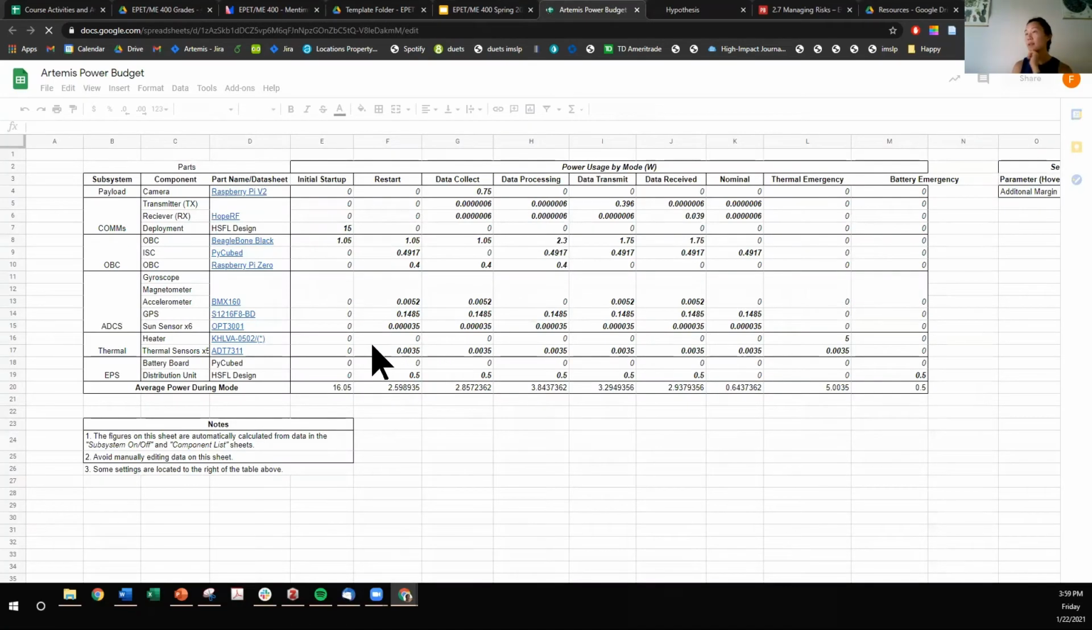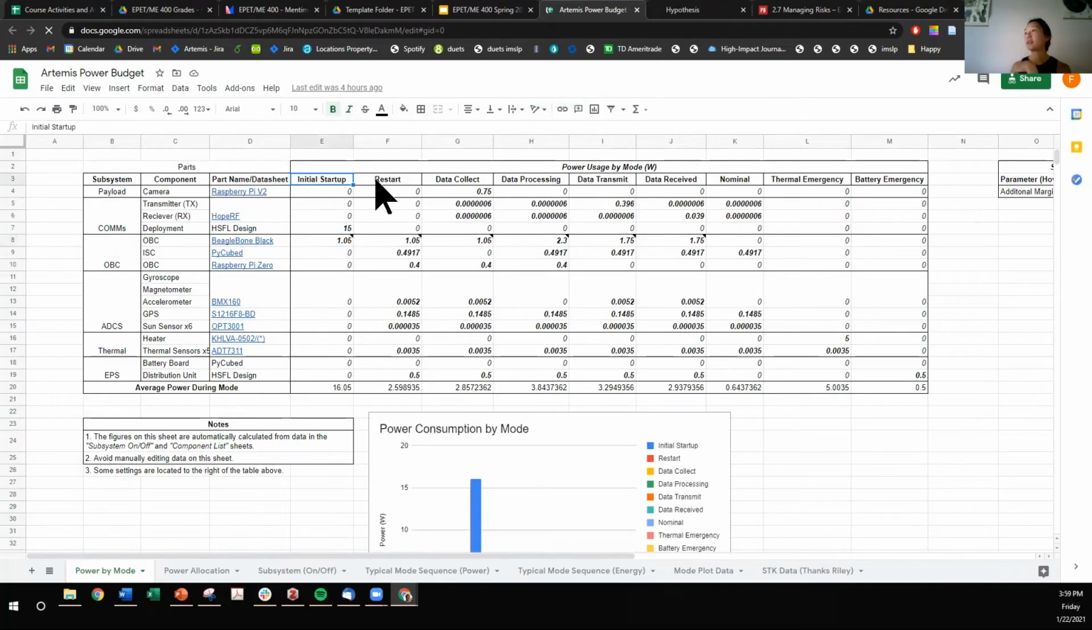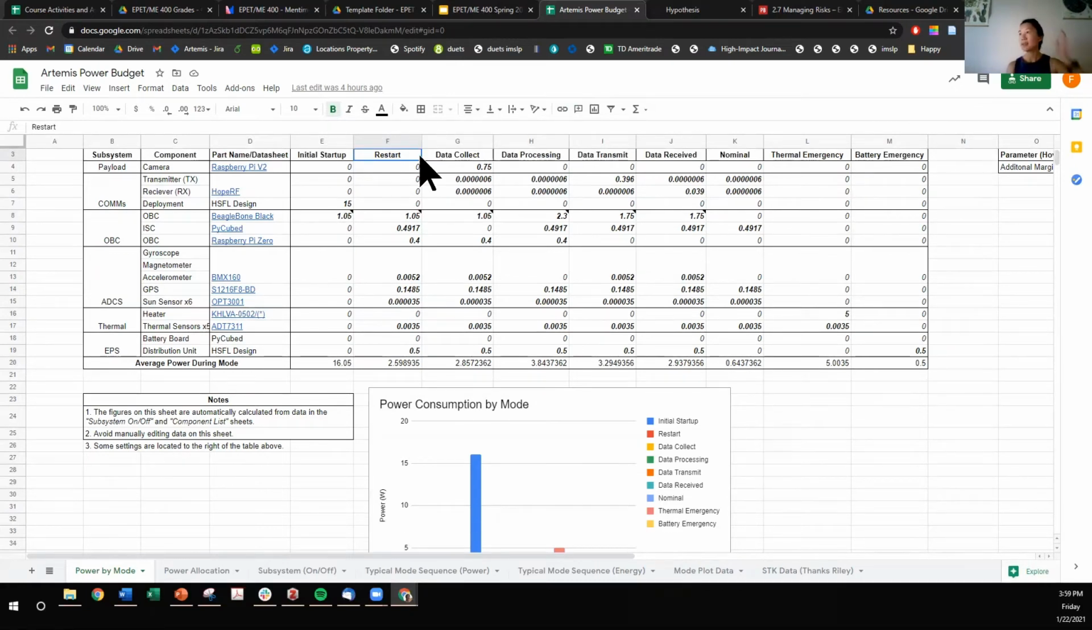For power, we have all of these different components that are inside of the CubeSat kit, and they are separated by subsystem. They consume a certain amount of power and they are on or off during certain modes. So the modes are an initial startup, data collect, data processing, on and on and on. And we use this to calculate how much power or energy storage our batteries need to be at. And also for our power distribution system, we need to figure out what kind of peak power the power distribution